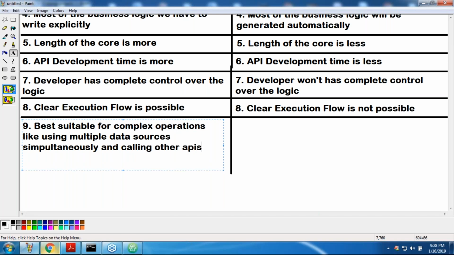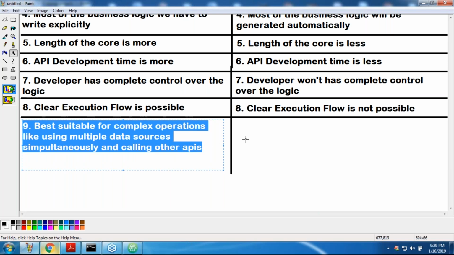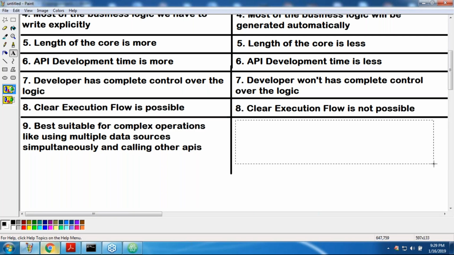Okay, this is the best suitable, right? Can you please confirm? When is this one best suitable? Best suitable if you are performing just standard, simple operations.